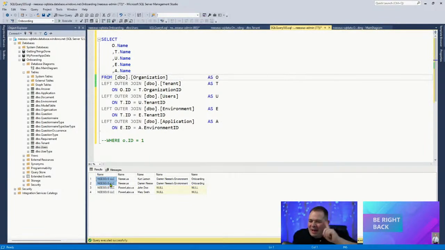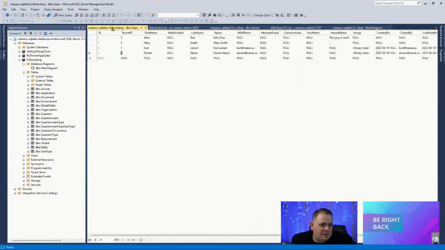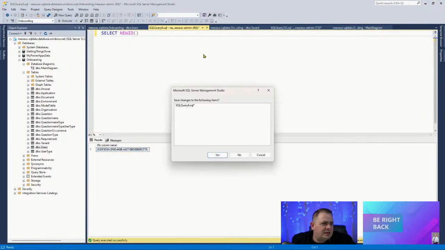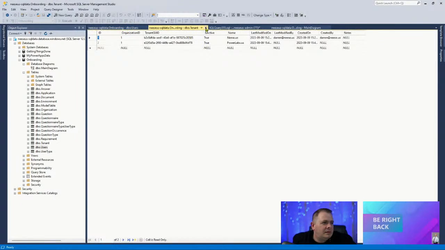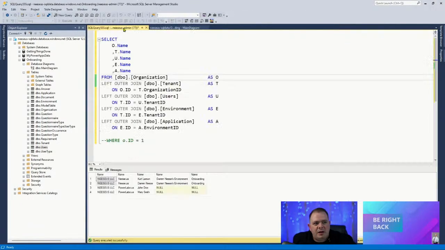So when we get into PowerApps, we don't have to pull in organization, tenant, environment, and application to store different data sources. What we could do, guys, I need to close out some of this stuff here. This is making me crazy with too many tabs. Okay. So we have an ERD diagram and we have our query. Okay. So what we could do,